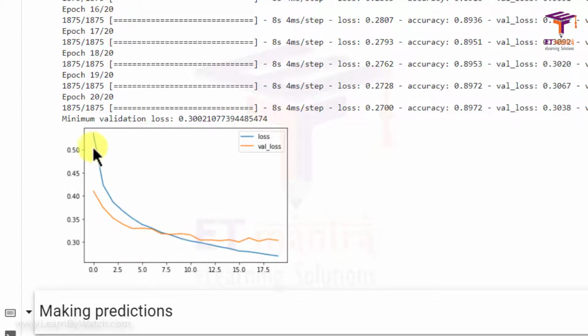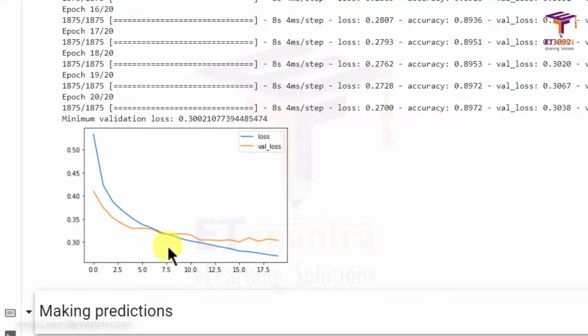The training set loss is continuously decreasing, but the test set loss, after about here, has almost become constant, and the gap between the training and the test loss is increasing. If this gap keeps on increasing, then it's a high variance problem and we need to avoid that. For that we can do early stopping. We can stop our model maybe somewhere here.